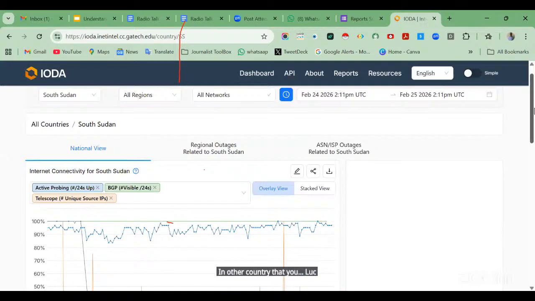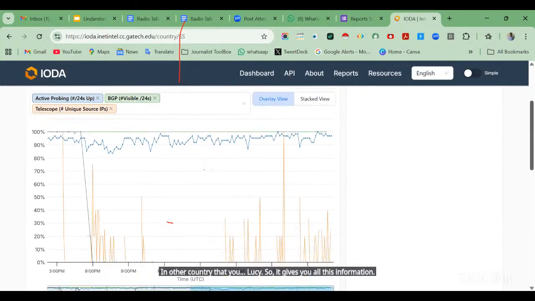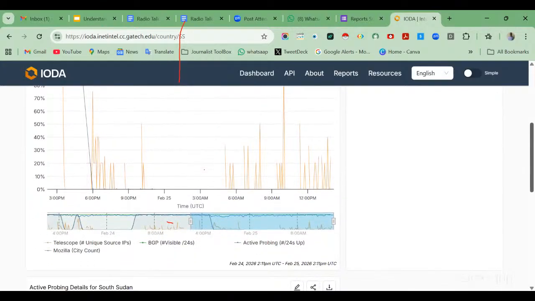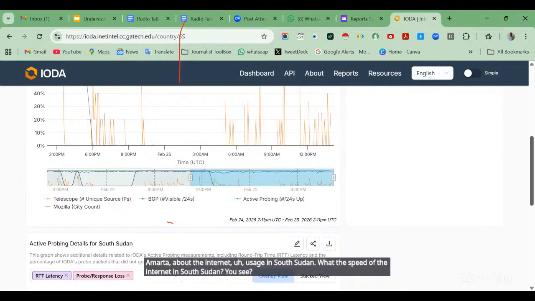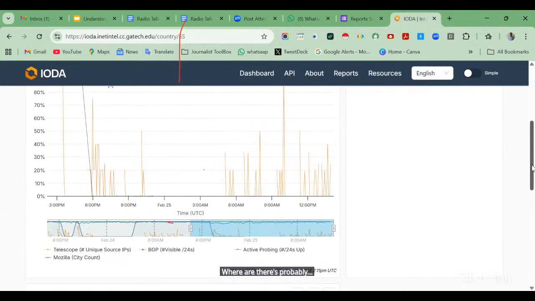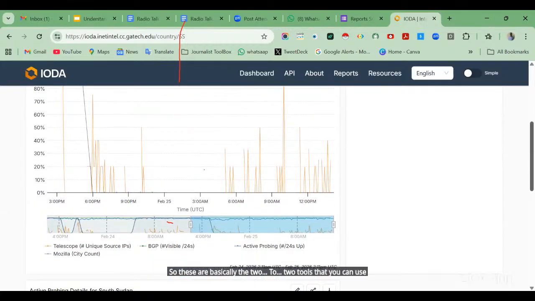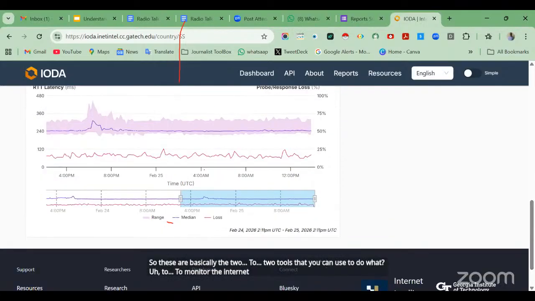So it gives you all this information about the internet usage in South Sudan, or the speed of the internet in South Sudan. So these are basically the two tools that you can use to monitor the internet.